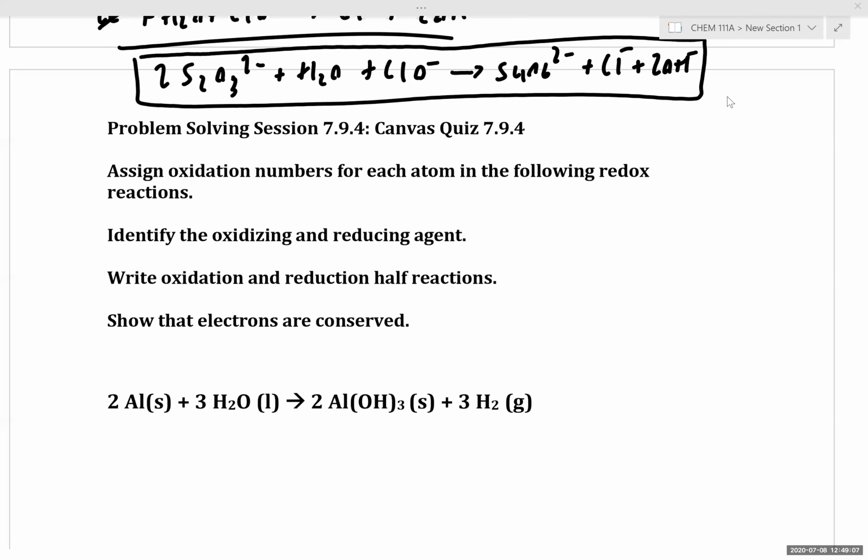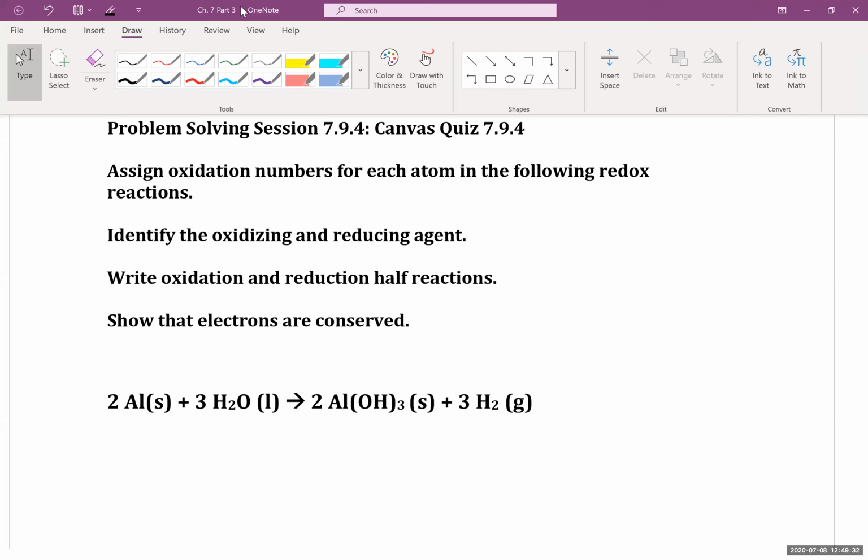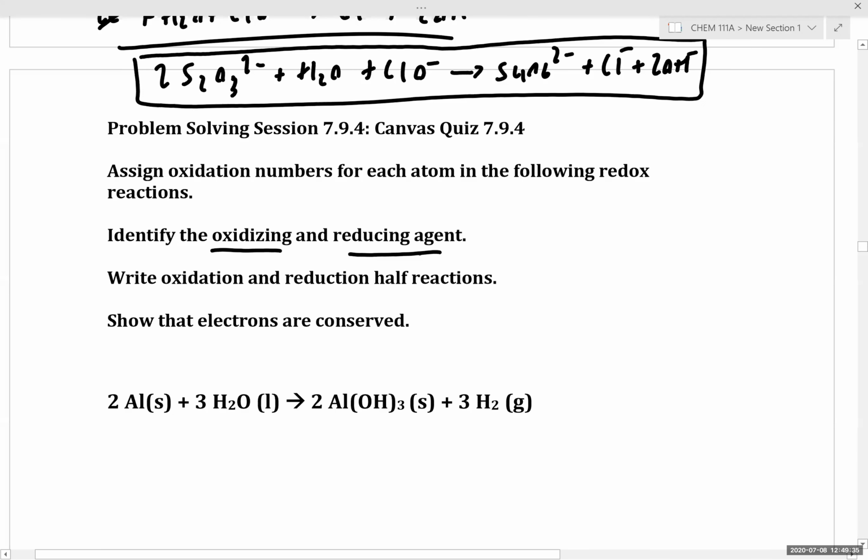So let's resume our discussion of Chapter 7. When we last left off, we were discussing redox reactions and balancing redox equations. So what I would like for you to do now is, just like we've done in previous problem-solving sessions, assign oxidation numbers to each atom in the following redox reaction. Identify the oxidizing and reducing agent, and then write the oxidation and reduction half reactions, noting that electrons are conserved